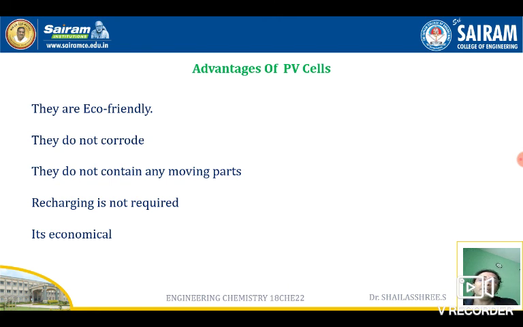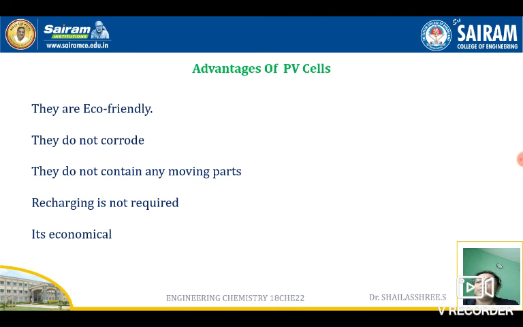When it falls on a PN junction, electron hole pairs are generated, and the generated electron hole pairs move in a particular direction. Holes move towards the P region, and the electrons drift and are collected at the n-type region. When they move through an external circuit, the electrons are conducted and stored in the battery, which can be used for purposes like running motors, heating and lighting. Then you have to end with the advantages and disadvantages.